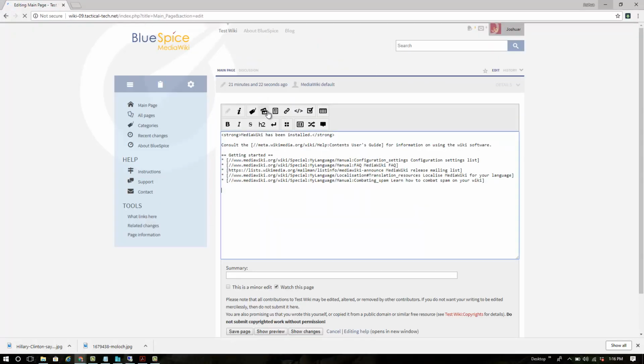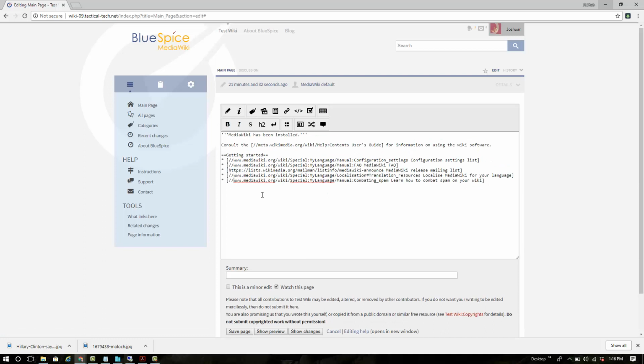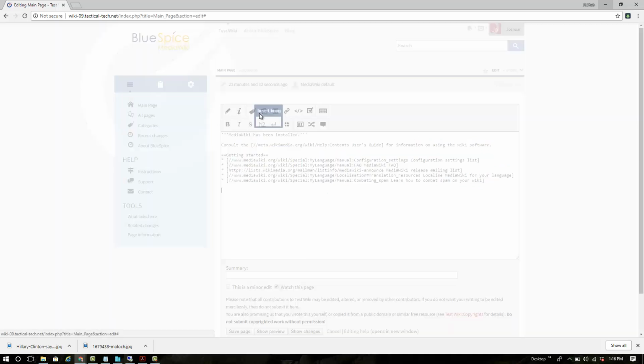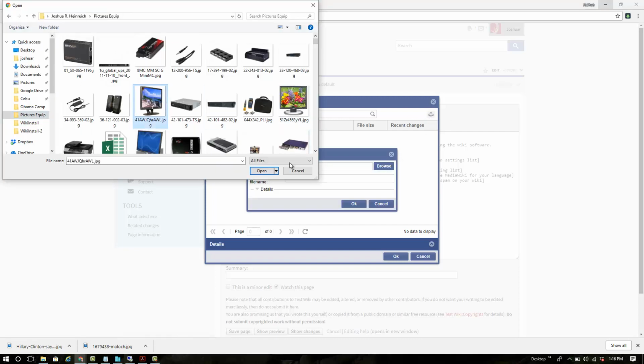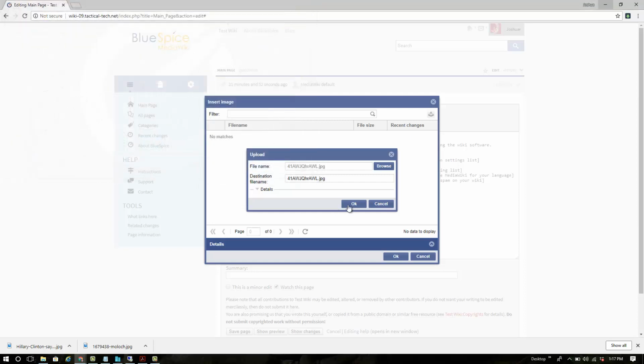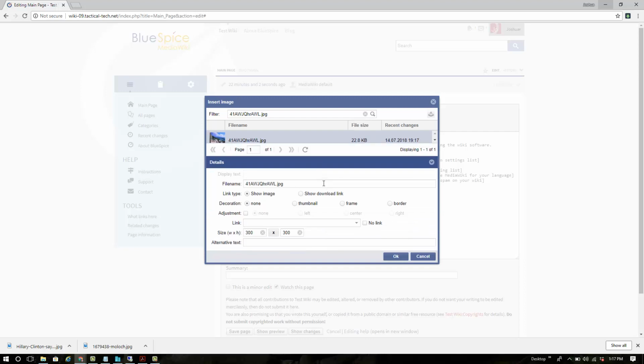Alright, so it gives me these cool little tools, which is nice about BlueSpice. Another reason to go through all these links to install it. I'm going to upload and display a picture, or at least attempt to, and I'll show you the error that we're going to receive from doing this. Go to wiki editor. Eventually I'll show you this. Let me install the picture. Browse. Try to throw this monitor picture up there. Okay. And basically we get to